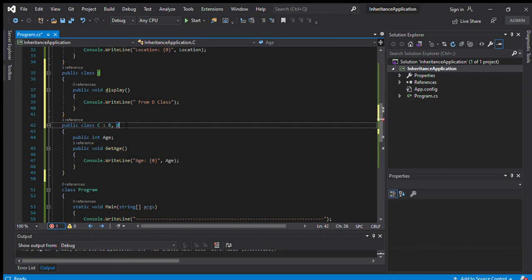How do we achieve multiple inheritance? We need to use an interface. With the help of an interface we can solve this problem. So we can't use multiple inheritance directly in C sharp.